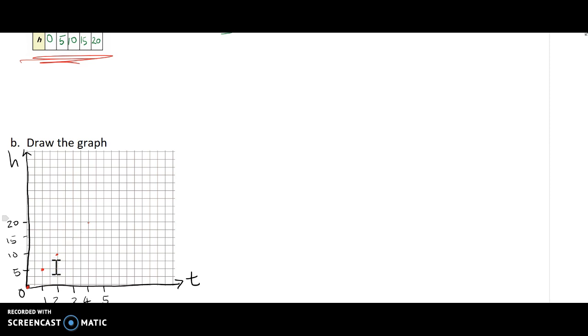Oh, wrong place. Let's do this again, and just draw a straight line joining all the points. There you go. Okay, that gives us the straight line, and we can write down our equation as h is equal to